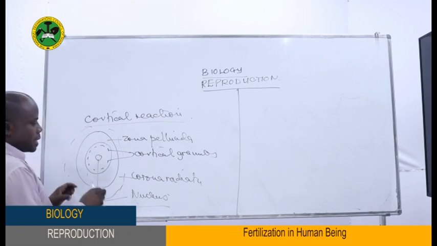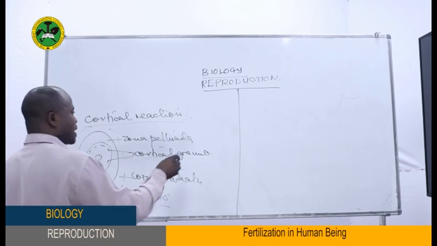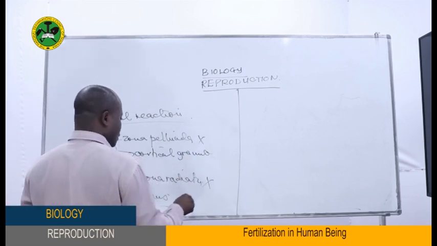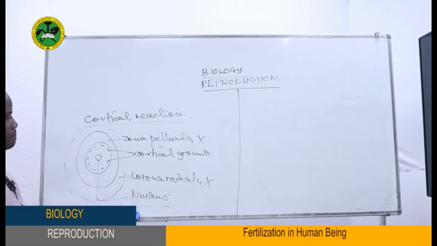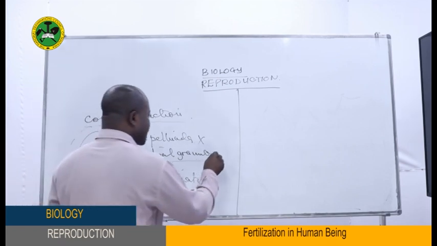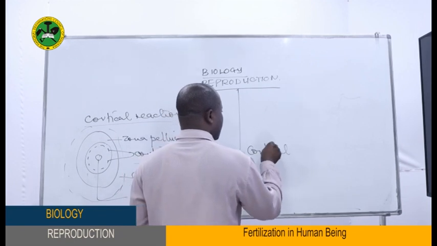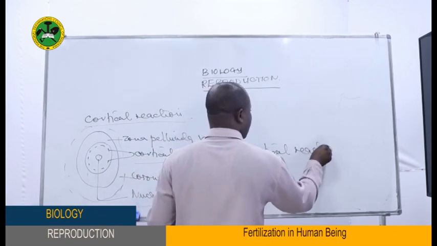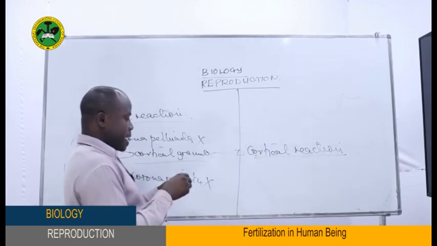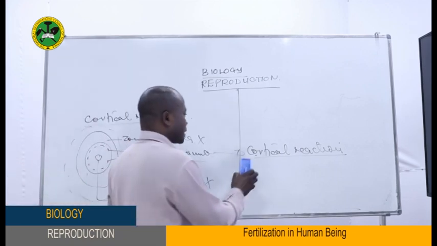And I said, different parts of the male reproductive cell and the female reproductive cell have their functions to effect the process of fertilization. We have done with the zona pellucida and corona radiata. The remaining part of the female reproductive cell is the cortical granules, and it is these which are involved in the cortical reaction. How is the cortical reaction involved in its function? Let us now see.